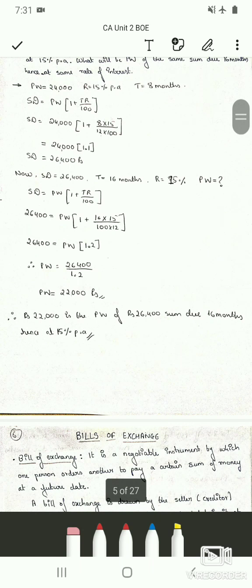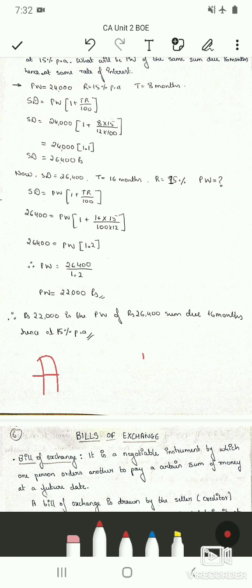Generally we have seen that the maximum of the business runs on the basis of the credit system. So suppose A is a seller, B is a buyer. If B wants to buy some goods and pays the money then and there itself, then the transaction is completed. But if B doesn't have the money at the moment, but still he wants to purchase the goods from A, then A will say, fine, you take the goods now and pay me the amount after a certain time, say after 6 months. And B will say, okay, fine.